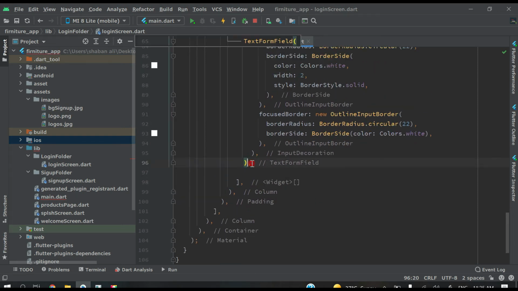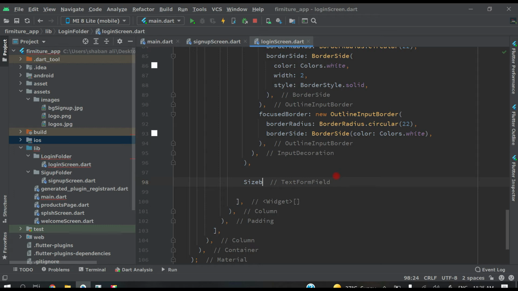So now after this text form field, let's create one size box, and height will be 30.